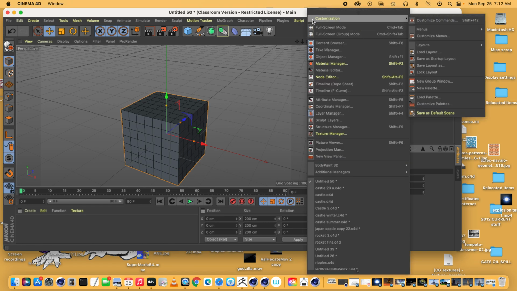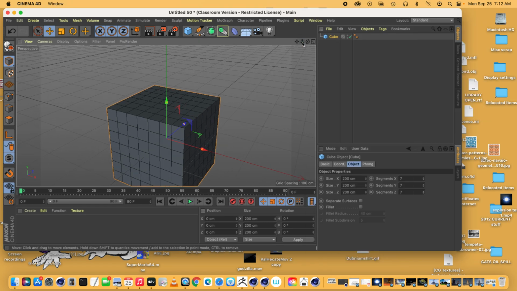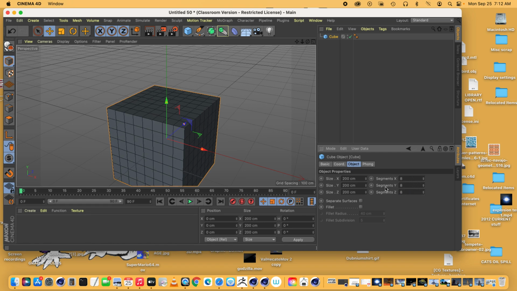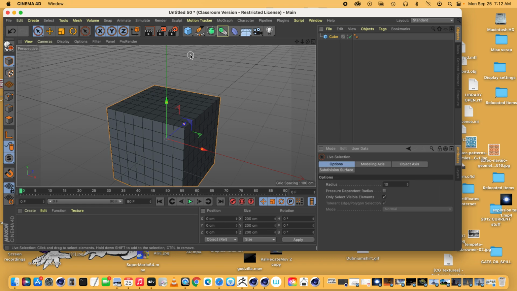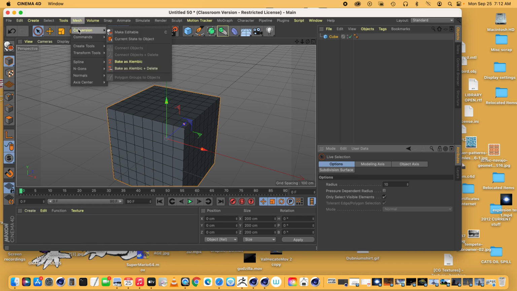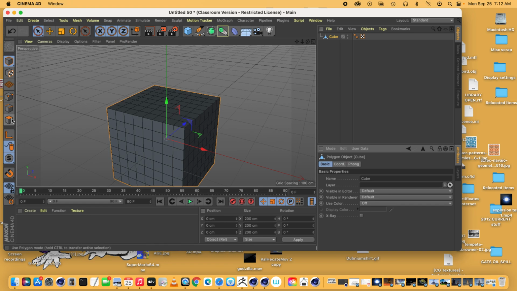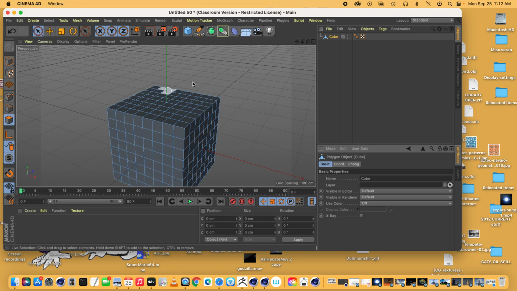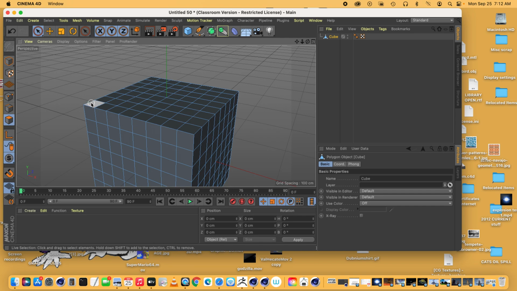All depends. If I remember correctly, tube shape was odd and a square was even numbers. So I don't want to do an odd number, so we'll do 8 by 8 by 8. We'll see if this works out. If not, we'll switch plans. So we're going to go ahead and go to Mesh, Conversion, Current State to Object, or make editable, and then we'll go to our polygons tool, and then let's see if we can make this. If I was right, if squares were even, and